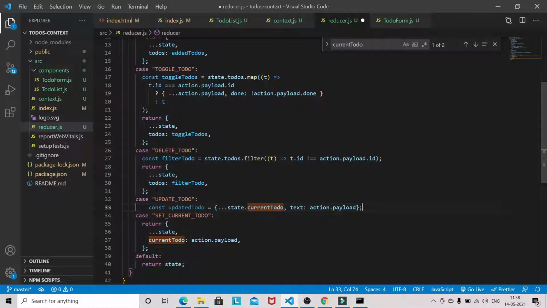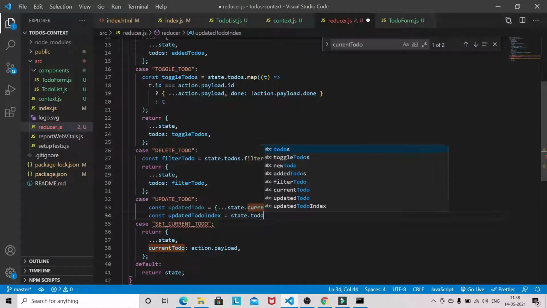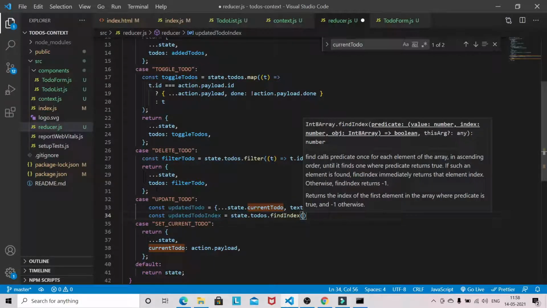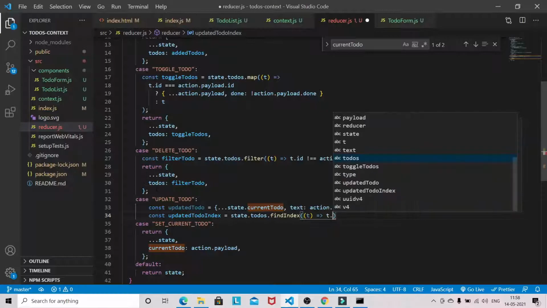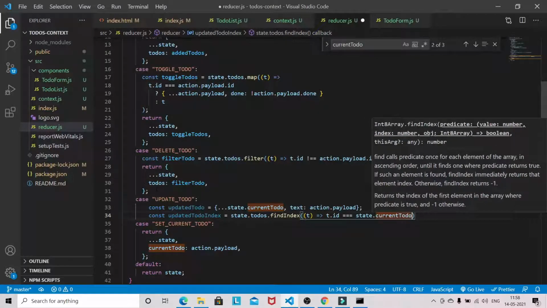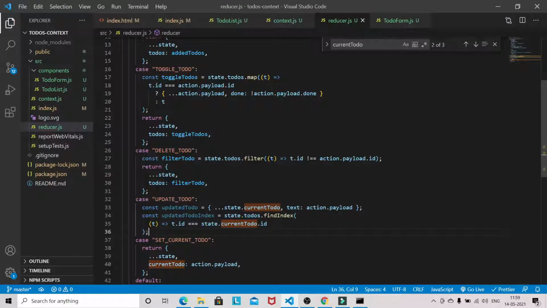Okay, now we need the index also. So updatedTodoIndex is state.todos.findIndex. Here it will be t.id, if it matches with the action.currentTodo.id, so we basically find that index which we are going to update.